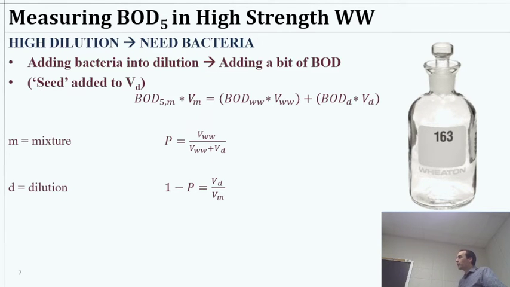Okay, so with high strength wastewater, we saw in that previous example, we did a 30-fold dilution, meaning it was 1 part wastewater for 30 parts total. That's a pretty significant dilution, and that can only get us to 210 milligrams per liter BOD, right? So if we do really high strength wastewater, 500 milligrams per liter, something like that, we're really talking about quite a big dilution. And what that means is our dilution is so strong that we're probably going to be